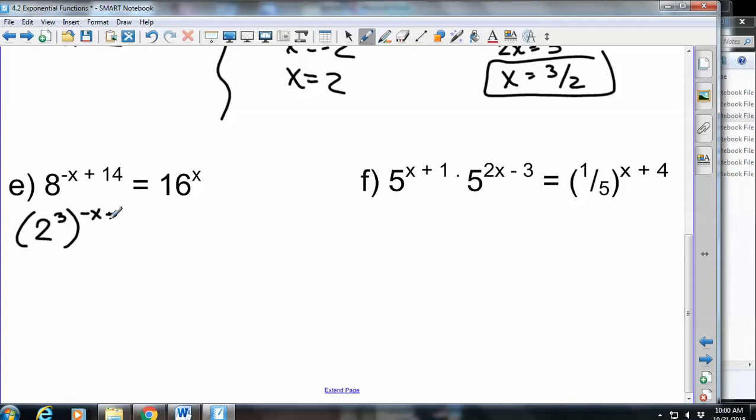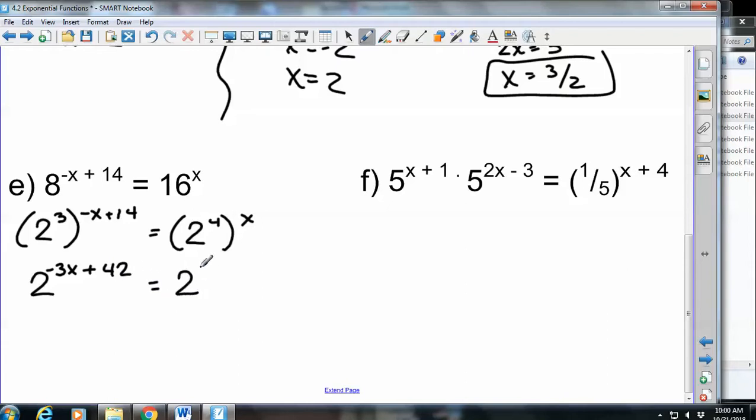You notice I'm writing that in parentheses and I'm going to put my old exponent on the outside. 16 is 2 to the 4th power. Okay, exponent rules. If you have a power to a power, what do you do? Multiply. So I'm going to distribute this 3. So negative 3x plus